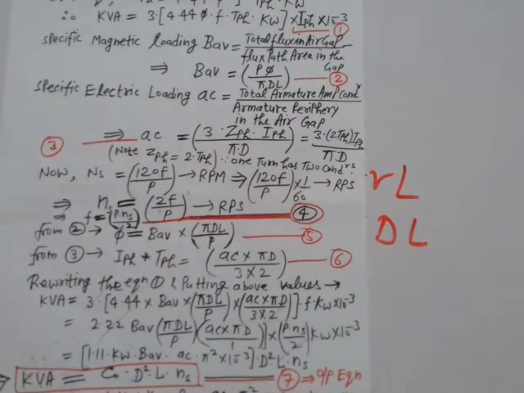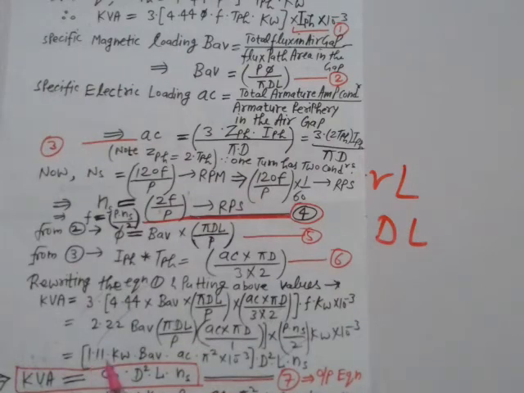Now you will write, this 2 will cancel this 2.22, so it will become 1.11 into Kw into B average into AC into pi square, pi into pi becomes pi square, into 10 to the power minus 3, into D and D. There are two D, that means it will become D square. What remains is L into ns, right? So finally this bracket term you give another notation, that is C naught. C naught is a coefficient, right?